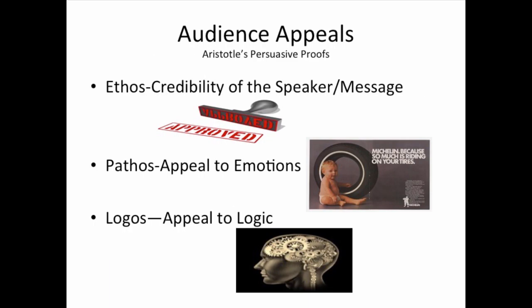Okay. So how do we do that? How do we take these psychographics and connect them to evidence? So great, we know the values, we know how our audience feels, but now how does that translate into how we use them in our research? So ethos, pathos, logos, known as Aristotle's persuasive proofs, I think have become more commonly known as audience appeals. I don't know how many of you utilize them in your classes or talk about them, but I find it very difficult to talk about being audience-centered without bringing these into the discussion, especially when we're trying to link to evidence. Because to me, this is the link.